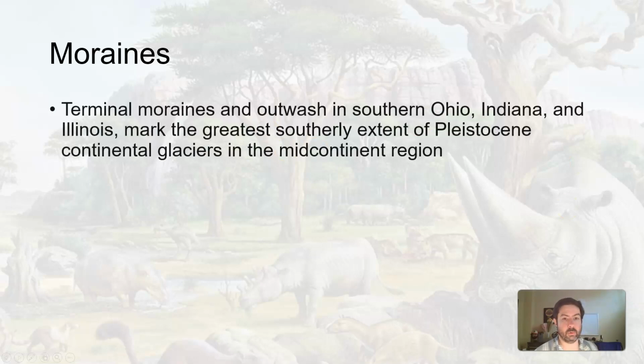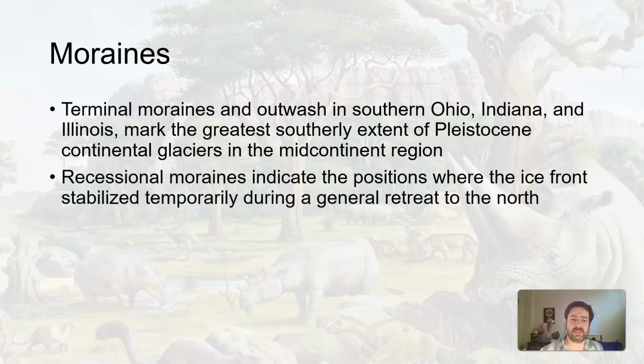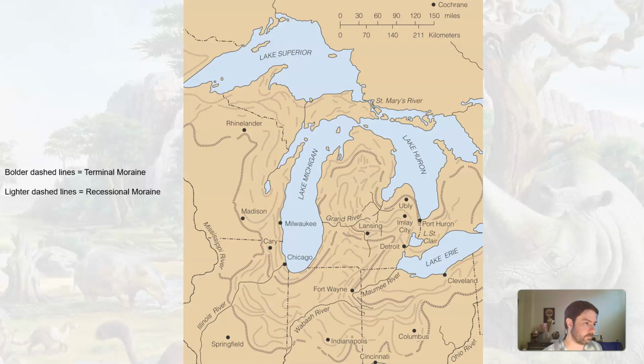So anywho, with these moraines, these deposits of sediment at the terminus of a glacier, there are terminal moraines as well as outwash. That's sediment that gets kind of melted out in little streams and flows away from a glacier. We can find these terminal moraines and outwash sediment in Ohio, Indiana, Illinois, and that really marks the greatest southerly extent of the Pleistocene glaciers in the mid-continent regions. There's also recessional moraines that indicate positions where the ice kind of stopped for a little bit, deposited sediment before it retreated further. So here's a map of the kind of Midwest that